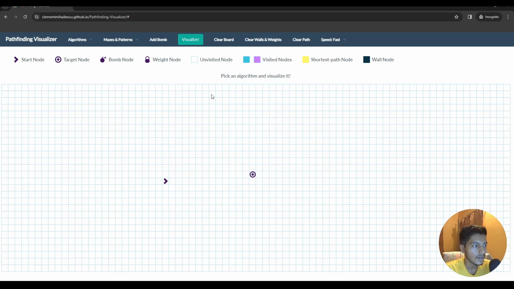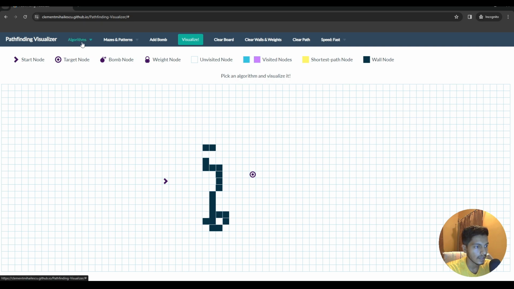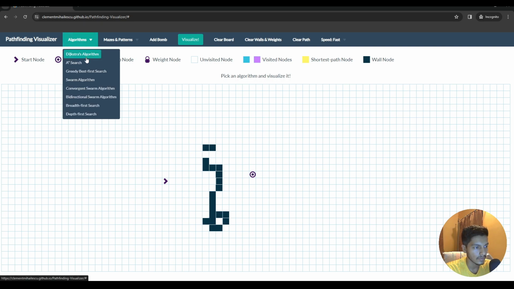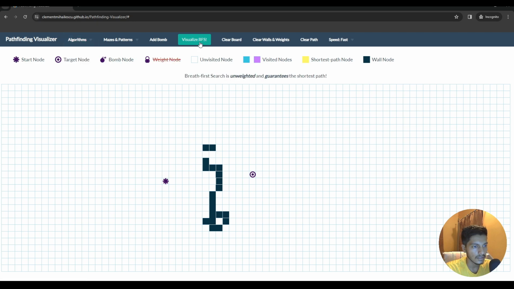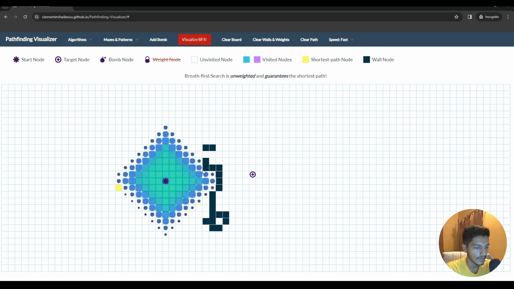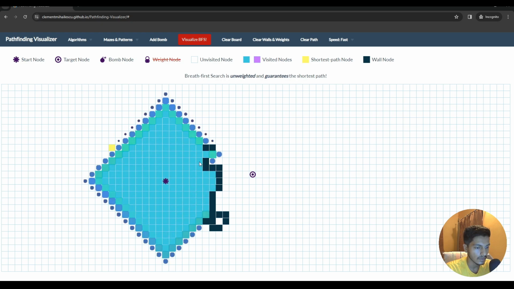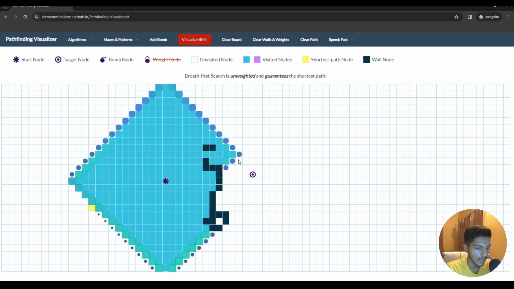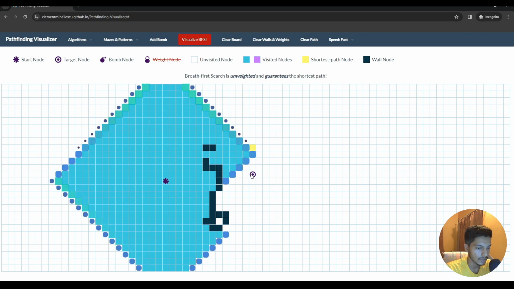Hi everyone. I recently came by this pathfinding visualizer website where you have a start node and a target node, and you create a wall or something like this, and you can choose any algorithm from these given options. Let's suppose we choose this breadth first search, then click on visualize BFS. It will show you the path of moving, how it is traversing, and then it will eventually reach the target